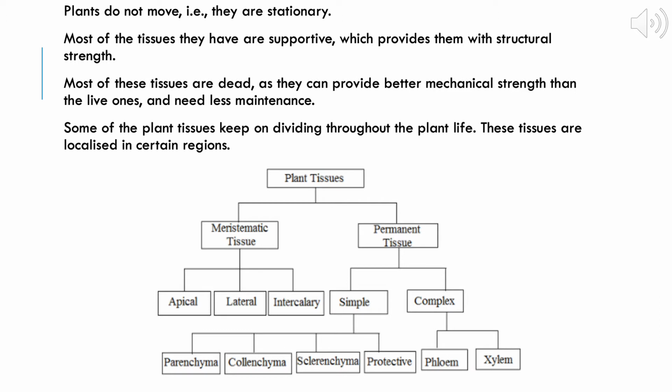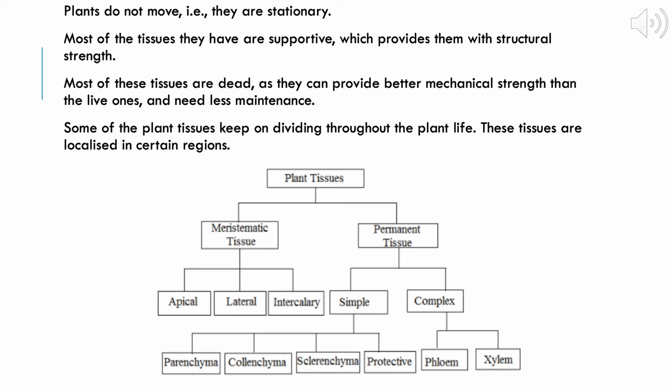These tissues are basically divided into two groups, plant tissue and animal tissue. The plant tissue is mainly made up of dead cells as they need less energy. And animal tissues are mainly living cells as they need more energy. Plant tissues have irregular growth, but in the case of animal tissue, the growth is uniform and regular. So first of all, we will start with the plant tissues.